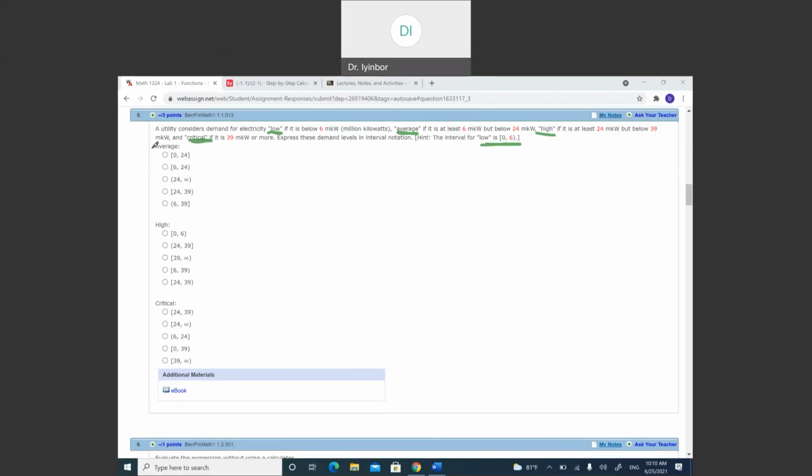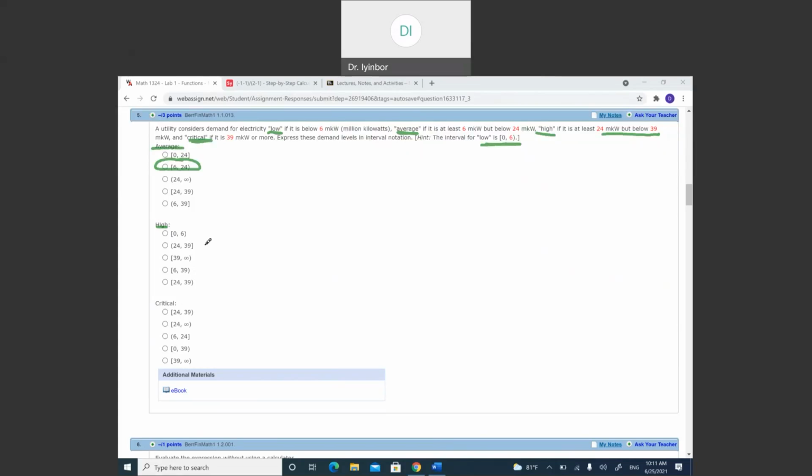So they're asking for average. Which one of those is going to be for average? And average says it's at least 6, but below 24. So 6 to 24 is exactly this one. Okay, the next one is high. So high is at least 24 but below 39. So 24 to 39